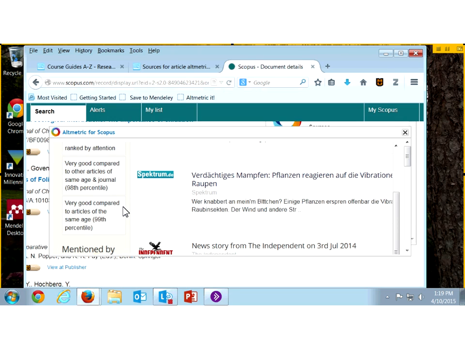becoming an item in the past few years. So chances are older articles will not have any information, maybe a few that became popular again for some reason. But you're probably only going to see Altmetric information for articles published from 2012 to date, because I think 2010 is when they basically coined the term altmetrics. And it took a year or two for this company to get established and start monitoring things. And it's starting to pick up